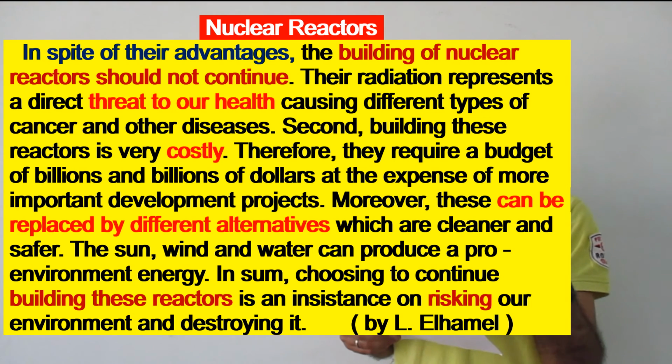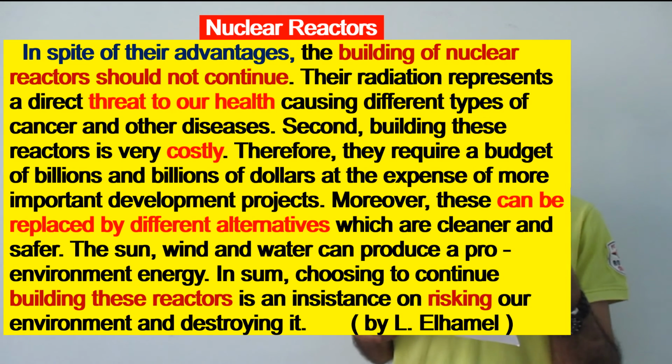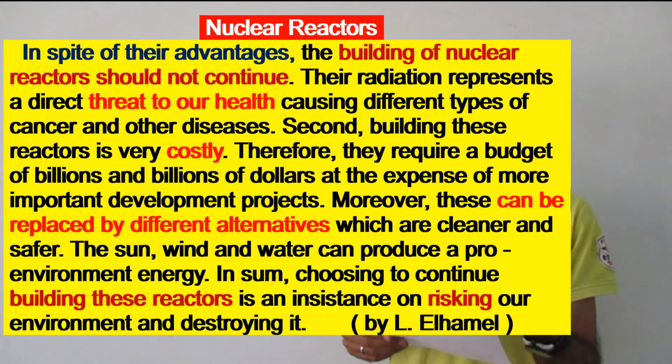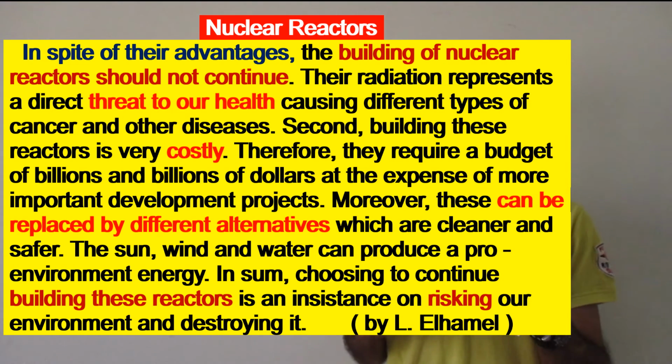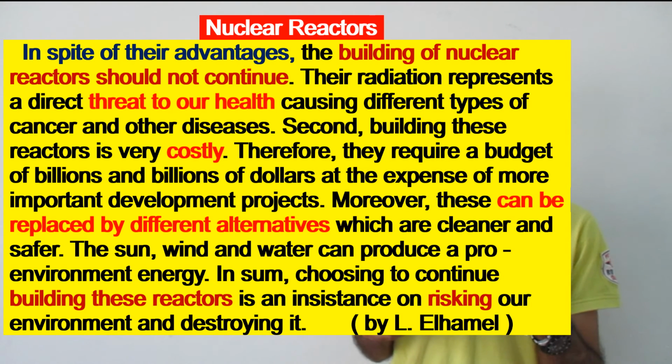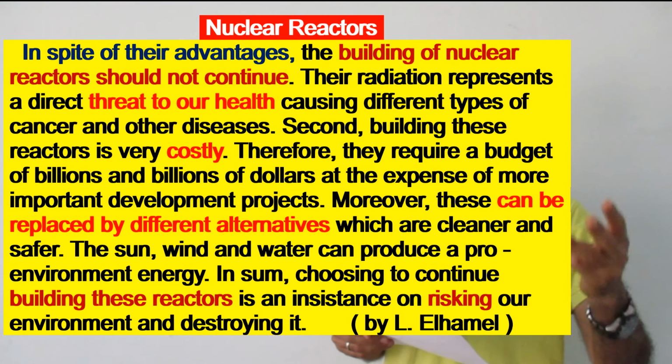Second proof, okay, a fact and opinion from the writer to support his opinion that nuclear reactors are dangerous and mustn't continue. Therefore, they require a budget of billions and billions of dollars at the expense of more important development projects. Moreover, third